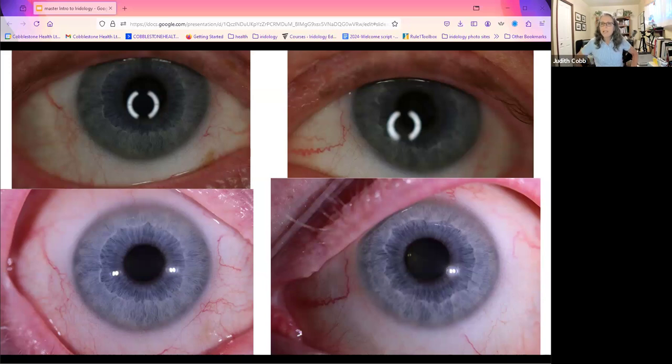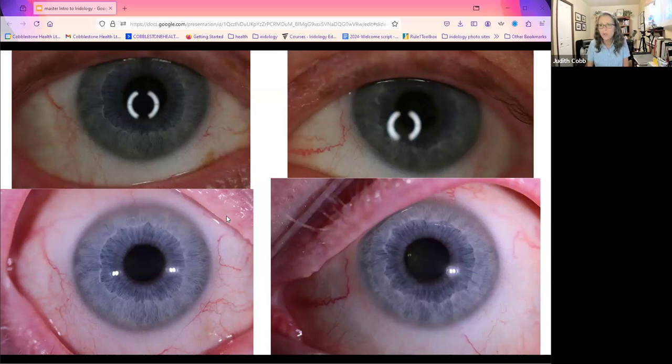Fantastic. Okay, so this is another client. He's been with me for quite a while. He is currently 64 years old, 5'11", and was weighing about 200 pounds. Photos at the top were taken in 2014. Now notice they are different cameras. That accounts for the difference in lighting, the difference in color. That's all technical stuff. That's not, oh my goodness, he did a huge cleanse. So we're not looking at this as necessarily before and afters.